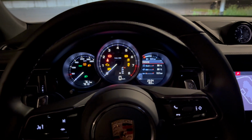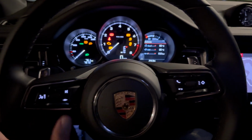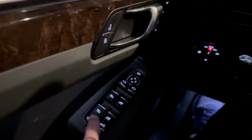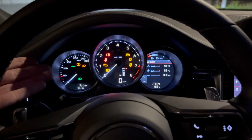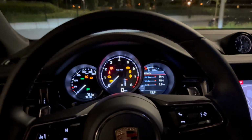Now I will turn on the car just in a moment. I have to go through some stuff. So you can see here, these are white. Everything here is in white. Light control here is in white. The key fob here, where you put it in, it's illuminated. This is all white. So if you lock the rear here, it goes red. You can see that. And well, you can see how that looks. The rings are inside illuminated by the